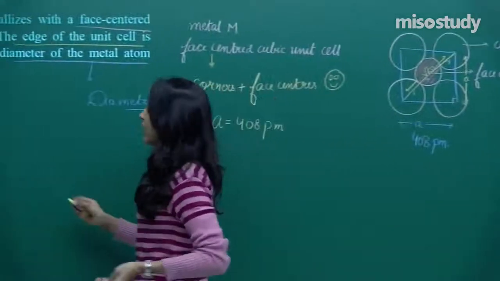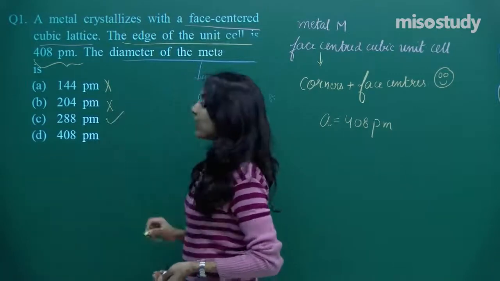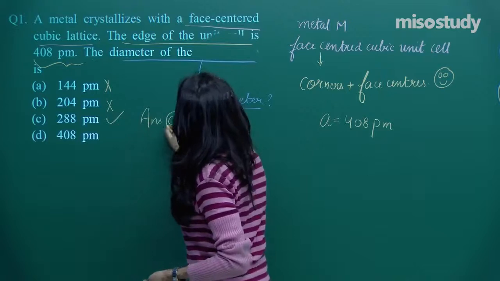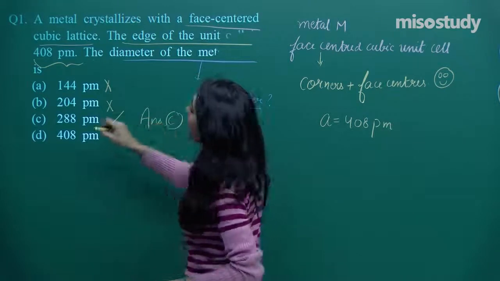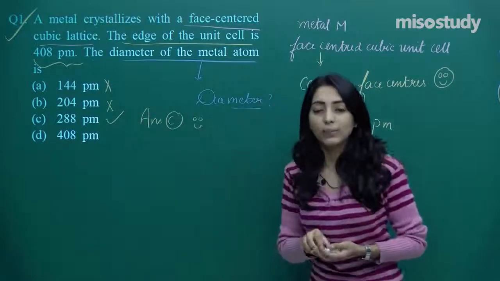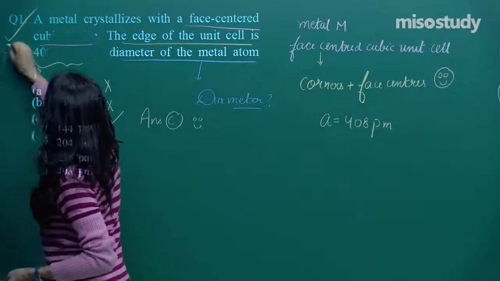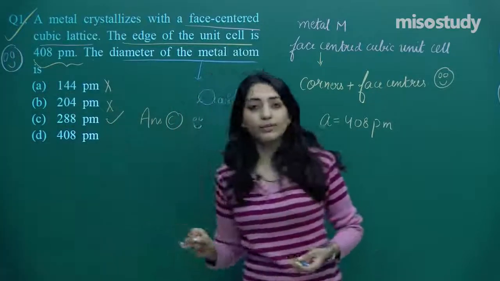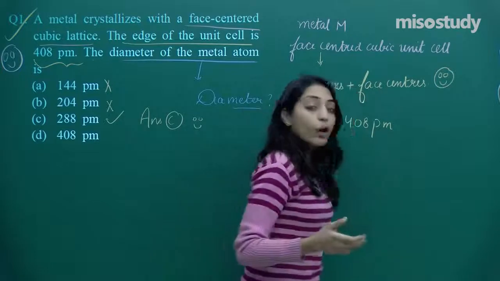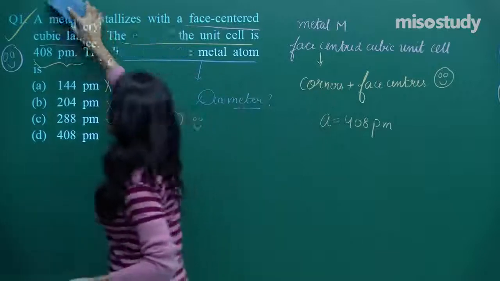Let's see if there is an answer like this. Coming to the question side: 144, no. 204, no. 288, yes. So I can simply say that option C is the correct option for this particular question, which was written as question number 1. So now you got +4, and with +4 you are getting a smiley as well. So we are done with question number 1. Having done with this, let me move on to the second question. Let's see what is in store for you people.